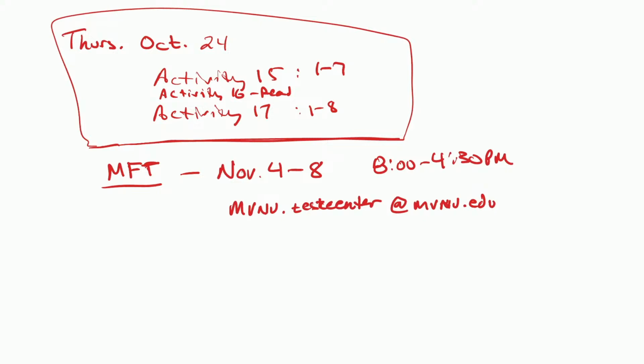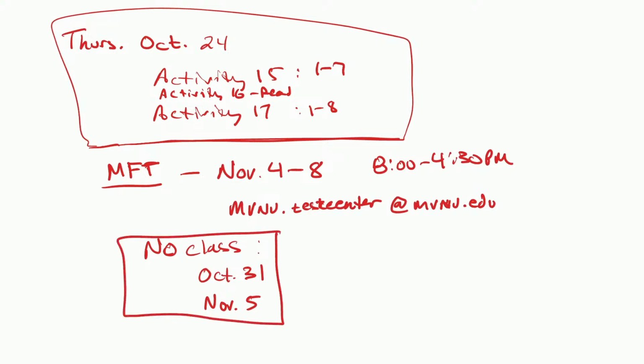Now, here's the bonus: because we're doing that week, we get to miss 2 days of class. The 2 days of class that we'll be missing will actually be, so no class, you can even put this down, no class on the following 2 days, October 31st. That way you can get prepared for your costume or whatever, and November the 5th. So those 2 days we will not have class. That makes up for the fact that you're going to go take this test for me, and it's going to take a couple of hours.